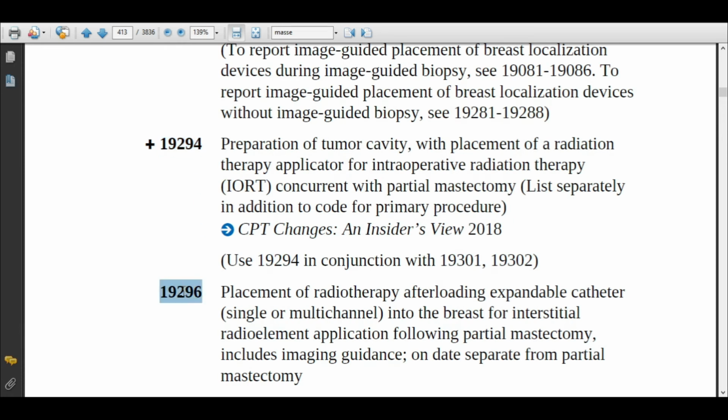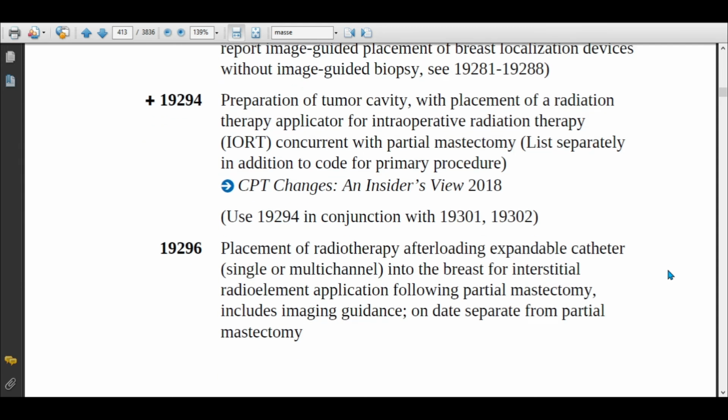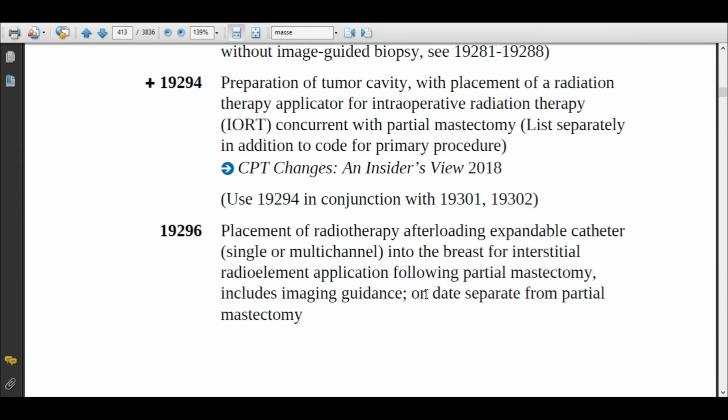Then we have 19296. This code is related to the expandable catheter, but this procedure is performed on a date separate from the partial mastectomy, meaning this procedure is not performed during the same session or same date. So if the physician is inserting expandable catheters not on the same date, assign 19296.